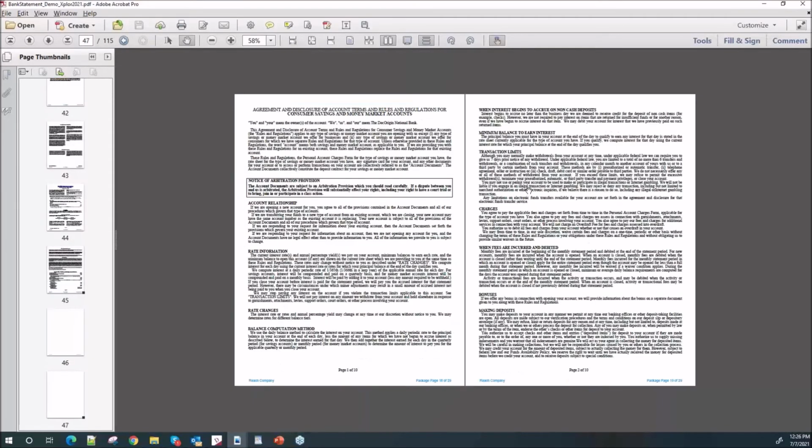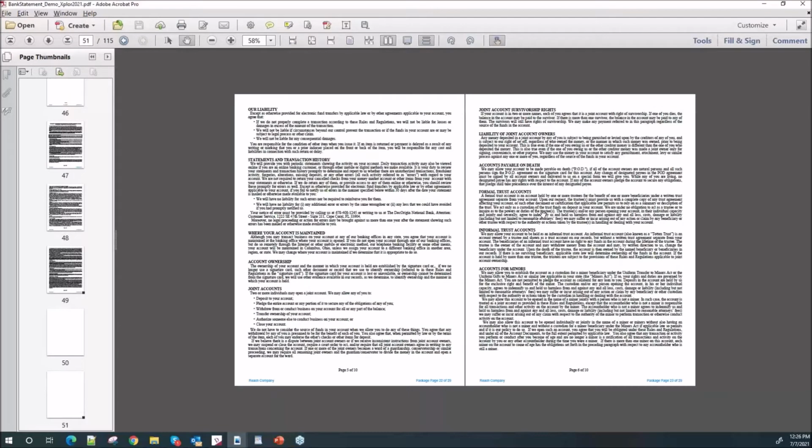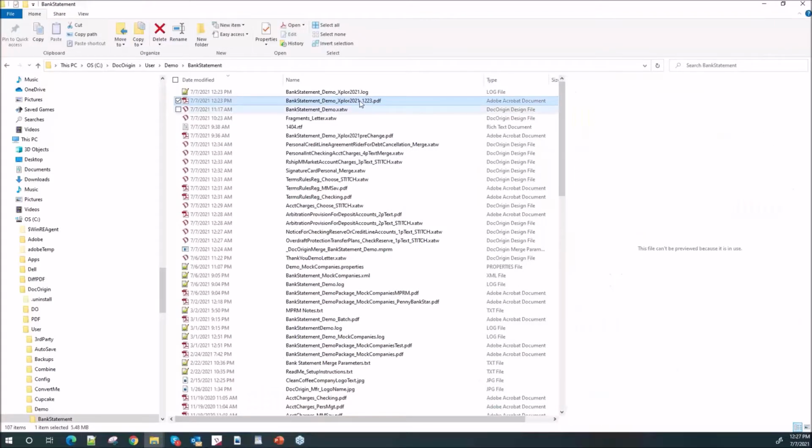We can certainly keep our hours down to a minimum. So what I'm going to demonstrate, just to show you this is not smoke and mirrors, is that I'm going to close this document out. And I can even save it as, what was it, 1223. So we'll just note that that's the 1223 one. And I'm going to make changes to the PDF itself. And I'm just going to do something silly.